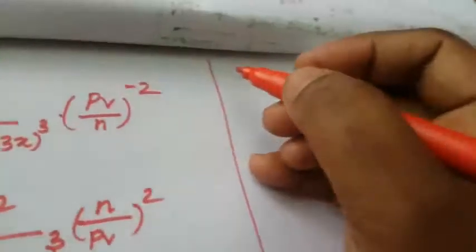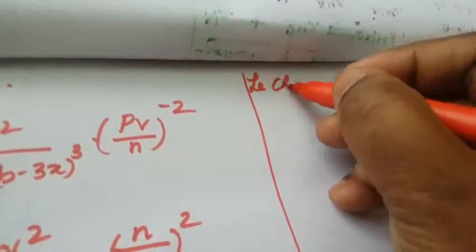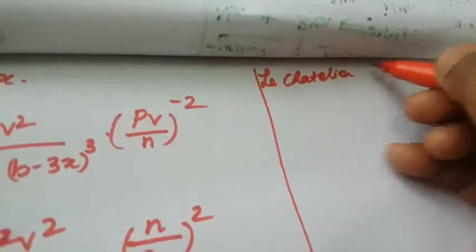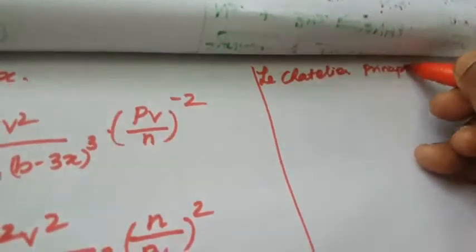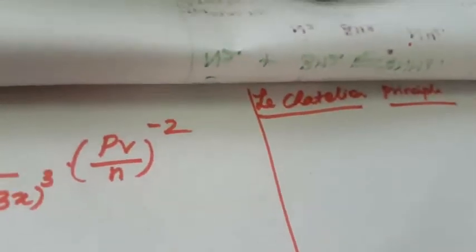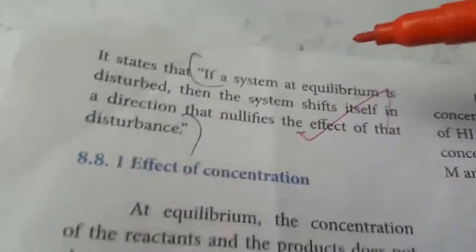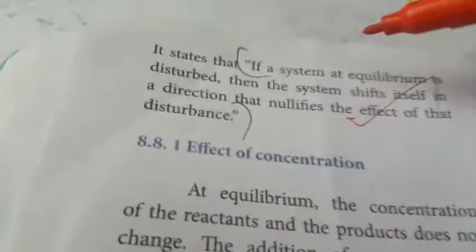Next, another important topic is Le Chatelier's principle. What is meant by Le Chatelier's principle? In many chemical reactions that are industrially important, when a reaction or product attains equilibrium and the system is affected by any stress, what is the meaning of this stress? It is so important. In your textbook, page number 16, mark that one.